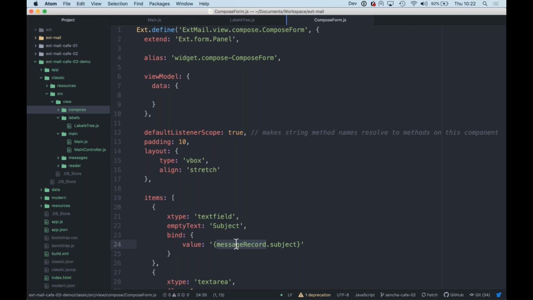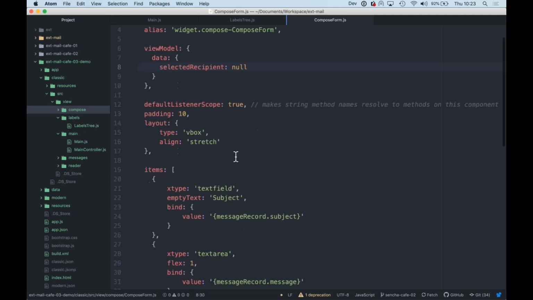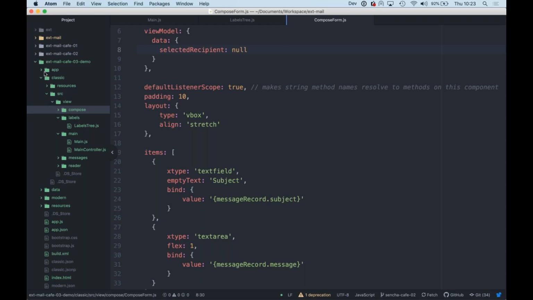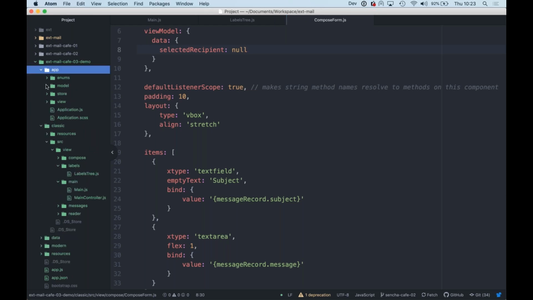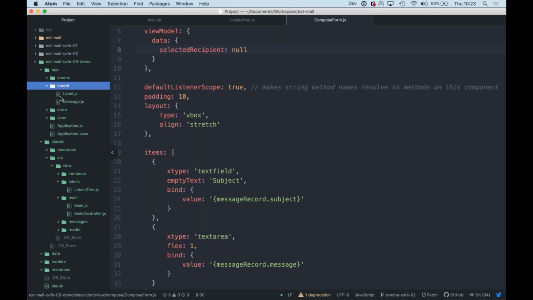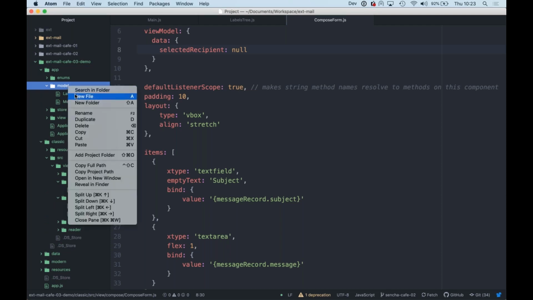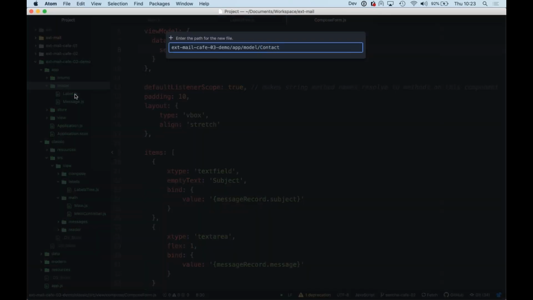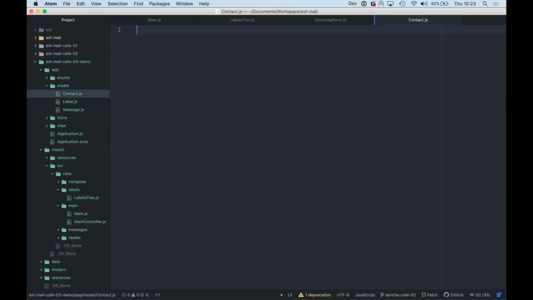So this message record is going to come from the parent component. We're going to leave that as is there, but we are going to add one property called selected recipient, and we're going to use that to bind to the recipient field. And I think we need to make some data stores to back that up, because we need to load in the contacts that are going to appear in that recipients list. So first of all, we need to make a model for that called contact. It's just going to be a sort of contact item,